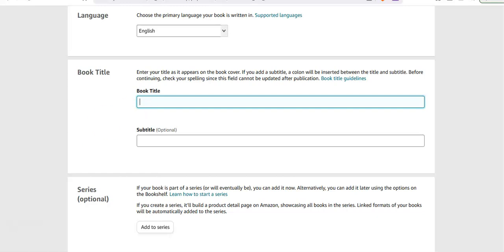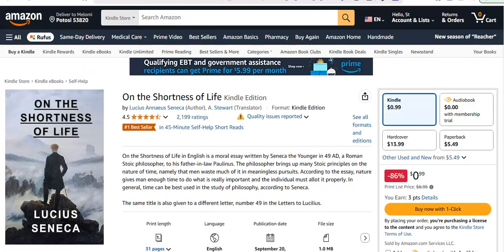Book title. It's going to be On the Shortness of Life. I'm not sure if I saved that. I want to check something else. I did some searching, all capital letters, okay. And I found somebody else who's selling this exact same thing on Amazon, and that's okay.